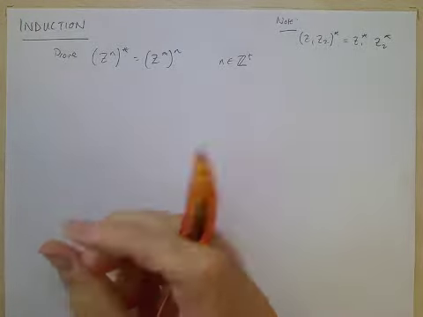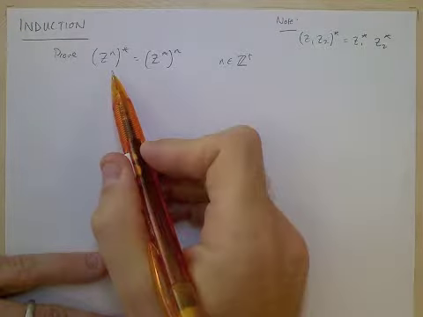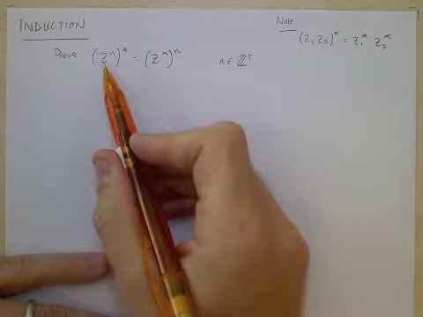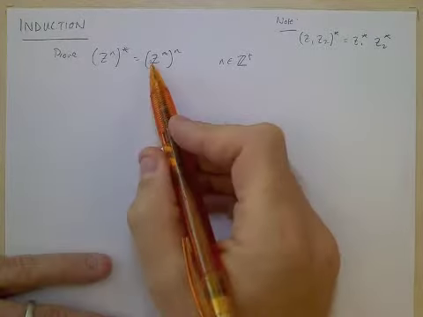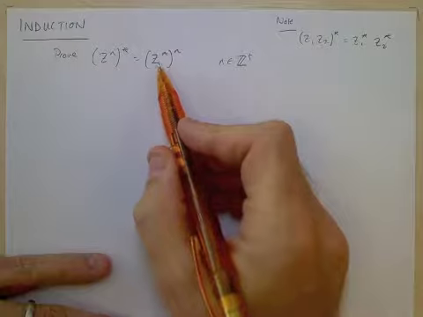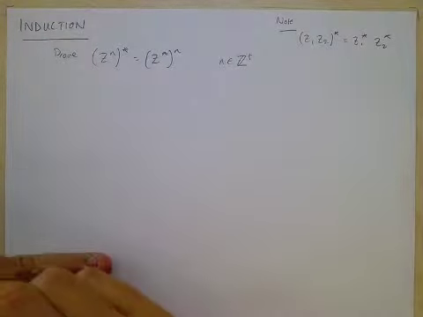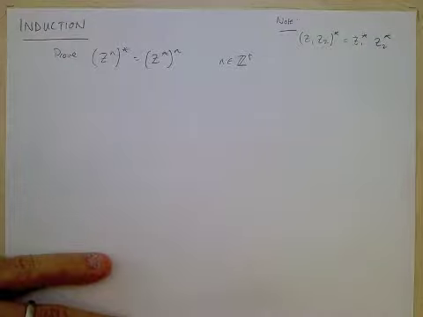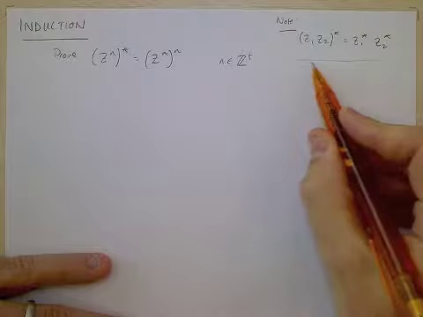Another induction question, this time involving complex numbers. I'm going to try and prove the result that a complex number to the power of n, take its conjugate, is equal to the conjugate of the complex number to the power of n, where n is a positive integer. I'm going to prove this by induction, and just a word of warning, I'm going to use this result in